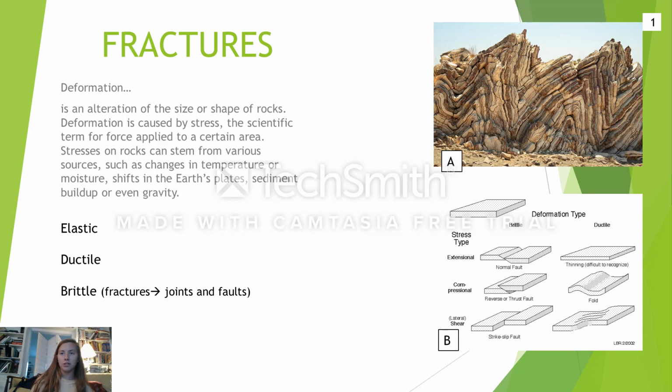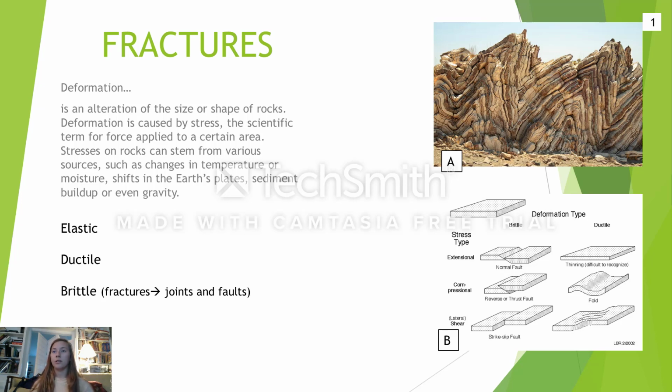So backtracking just a little bit, deformations can be broken down into three different types. So we've got elastic, ductile, and brittle. Elastic ones are types of deformations that change and then they go back to their original state. So they're kind of like plastic, you can fix it and then it goes right back. Ductile and brittle, these both cannot change. They can't go back to their original state. So these are irreversible. But today we're going to be talking about the brittle types of deformation, and those are